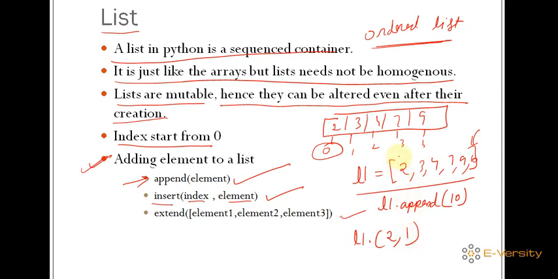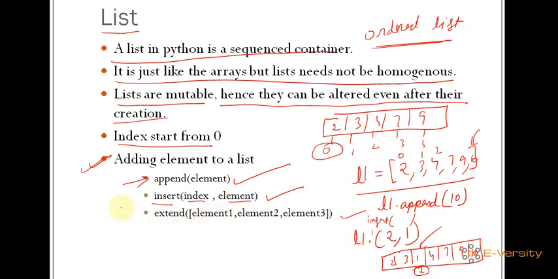This is index 0, this is 1, this is 2. So it will be stored at position 2. The list is now 2 3 1 4 7 9 10. This way 1 is inserted at position 2.